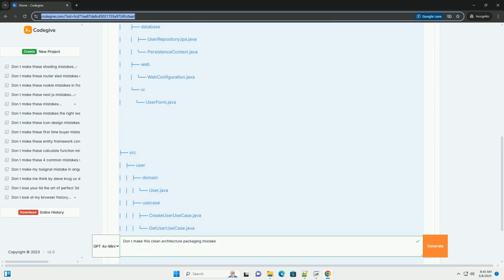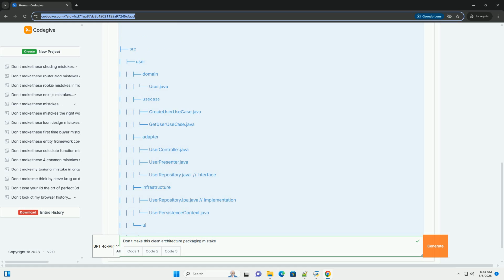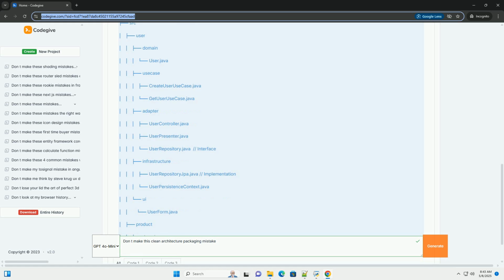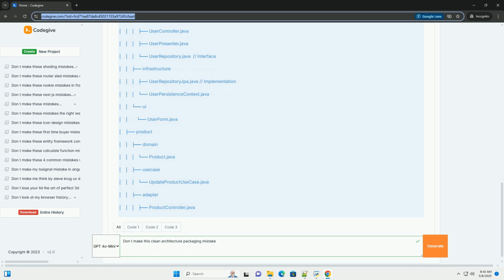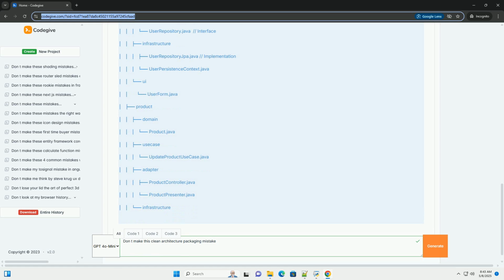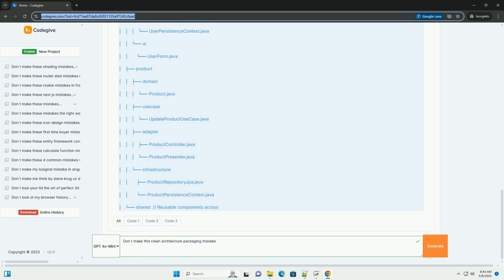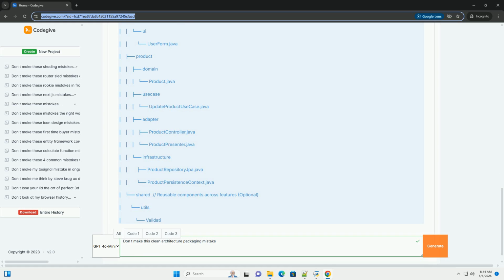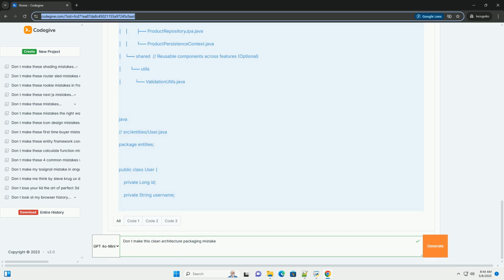While you might meticulously follow the layers, entities, use cases, interface adapters, frameworks and drivers, in your code organization, a poor packaging strategy can completely undermine the benefits of clean architecture, leading to a modularity illusion. This tutorial will delve into this packaging mistake, illustrate it with a real-world example, and provide practical guidance on how